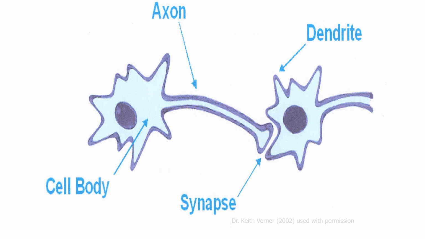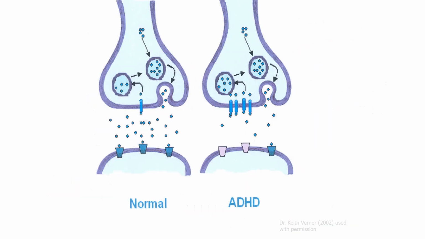They go into the synapse where they are sensed by the receiving cell and then taken back up into the sending cell. Here is a diagram of these two neurons that we just saw. This is the end of the axon, this is the synapse, and this is the receiving area of the receiving cell. So if we look at these areas in the synapse or the sending cell, we find this is where the dopamine and other neurotransmitters are stored.